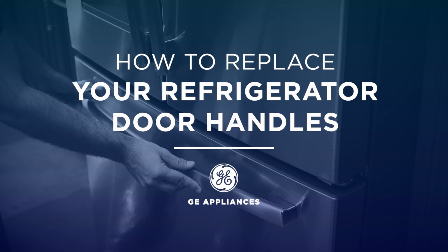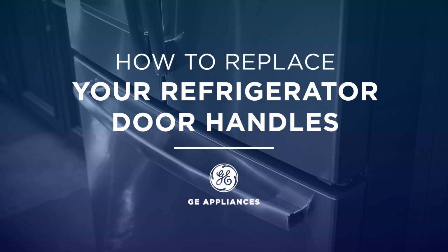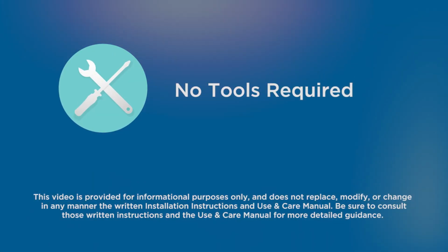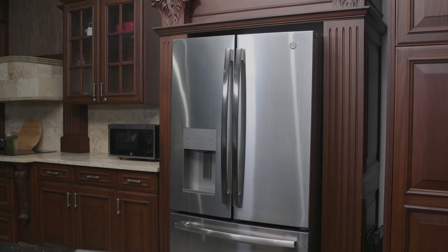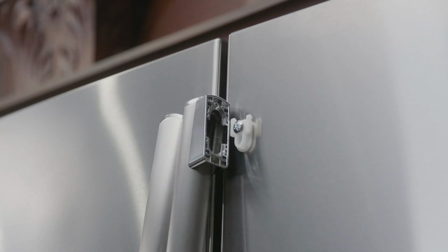In this video, we'll show you how to replace the door handles on your GE Appliances refrigerator. There are no special tools needed for this quick and simple installation. Each handle on your refrigerator is attached to the door by sliding the handle onto the two plastic mounting fasteners